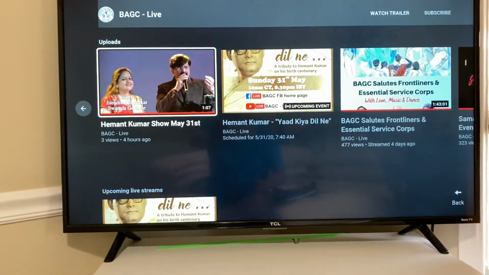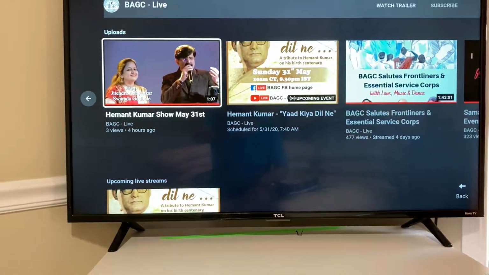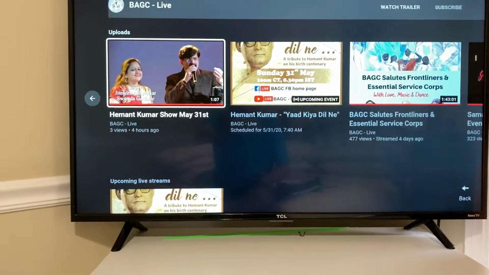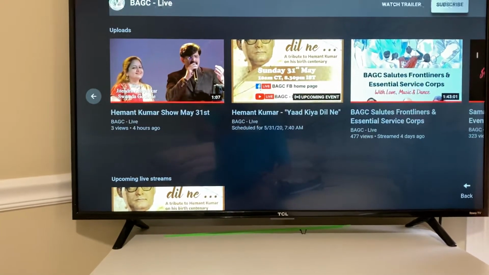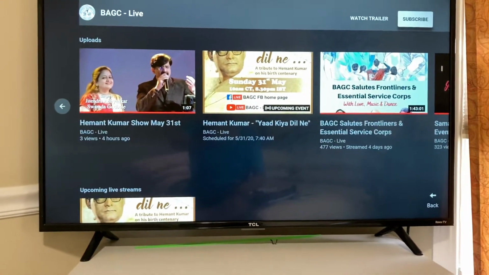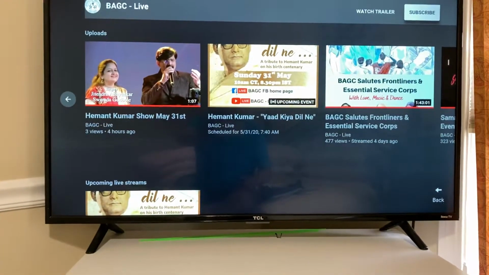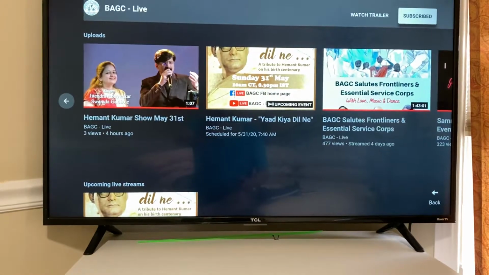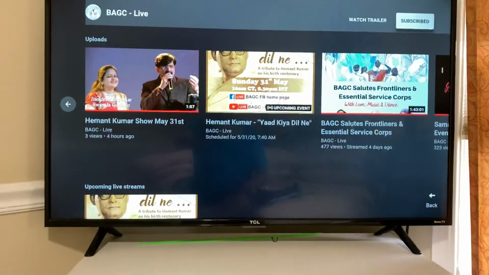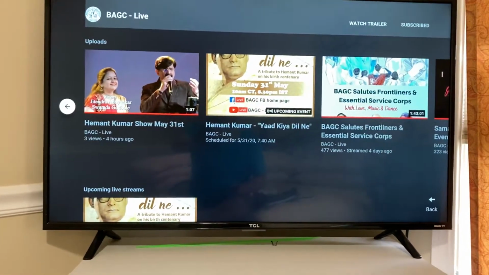And typically all the shows will come up here. Upcoming shows, as it says, May 31st, the first show coming is the Hemant Kumar show, May 31st. And on the right hand side, on the top, next to PAGC Live, you see there's a subscribe button. I just use the arrows again, up and down and left and right, and click subscribe, and it gets subscribed. So if you are not subscribed, you will get subscribed. My wife was not subscribed, so I subscribed her. Hopefully she'll be fine, and then I can go and watch it.